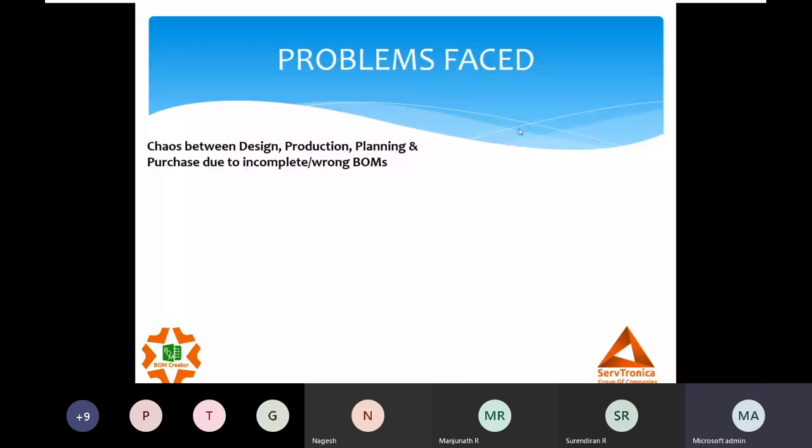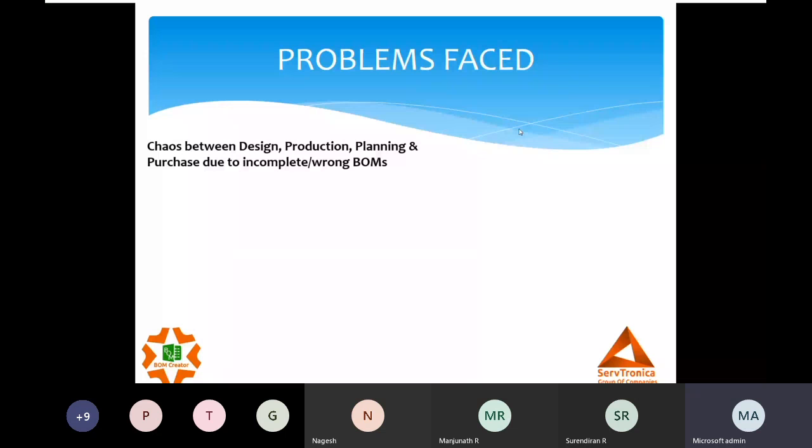So now this mistake will not be identified at the same time. This BOM will be released, the production will start manufacturing, and at the time of assembly, they will realize there are 10 parts missing. And then it definitely becomes a point of chaos. Who has given this BOM? This is a wrong BOM, right?